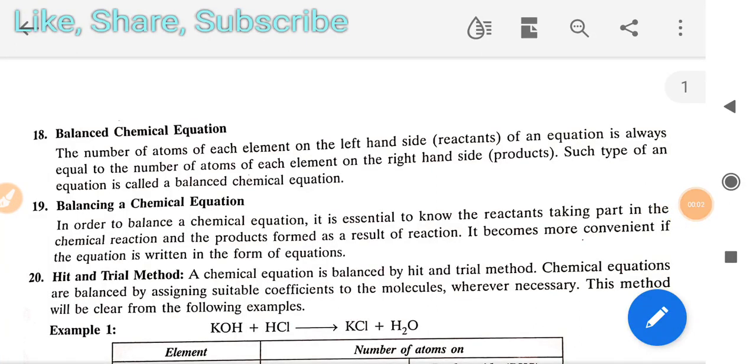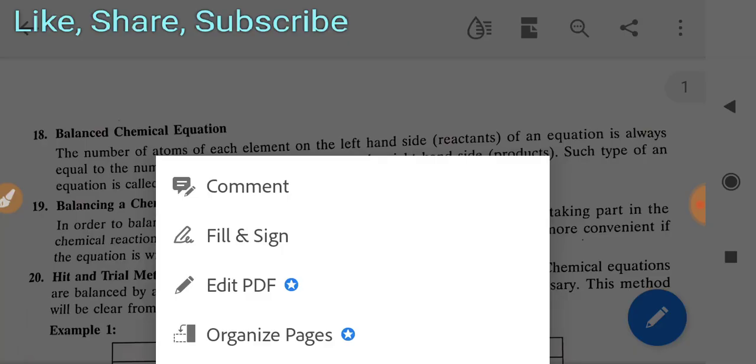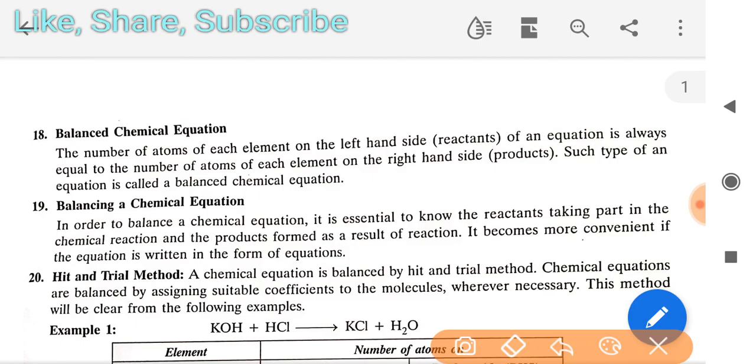So students, as you know, last week we learned about the different things in the language of chemistry: what the chemical formulas are, their names, element names, etc., and how to write them. Today we are discussing a main topic in which many students make mistakes: the balanced chemical equation. So what do you mean by a balanced chemical equation?